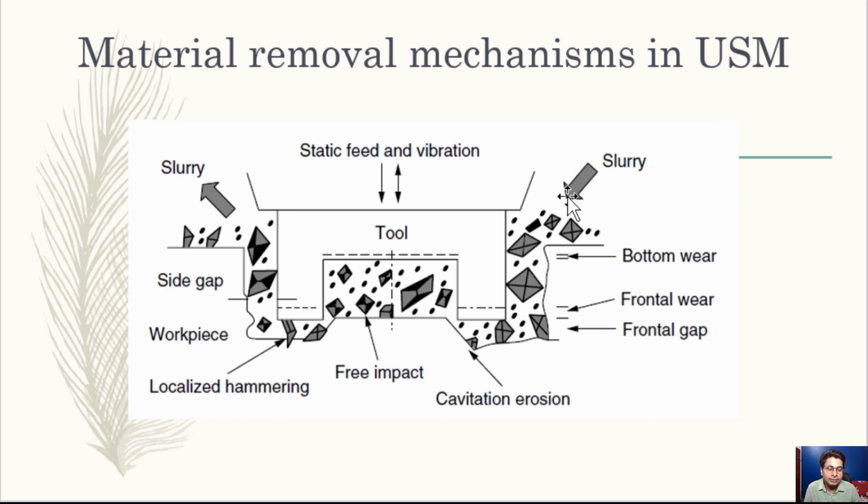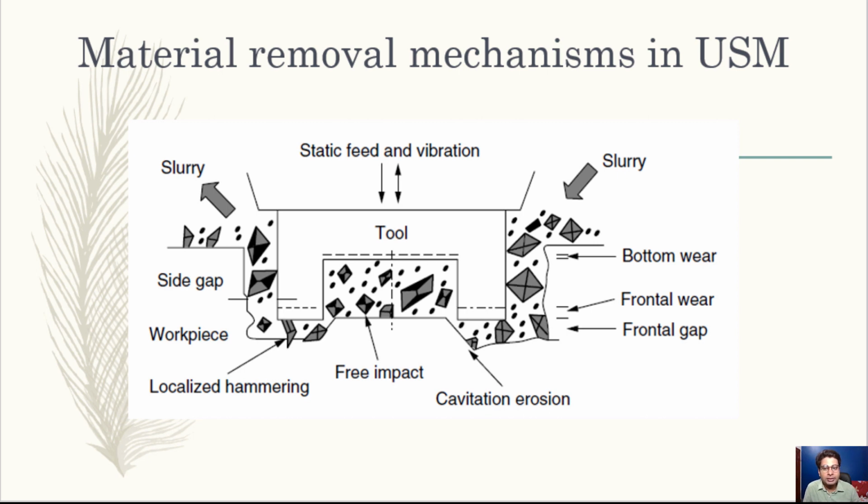As the slurry is being fed, microchipping of the work surface may occur due to the impact of the particles striking at various points. And the third is work surface erosion by cavitation in the slurry system. Cavitation may cause surface erosion by the slurry. The relative contribution of the cavitation effect is reported to be less than 5% of the total material removal.